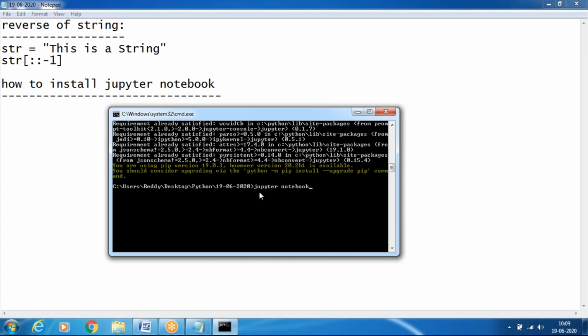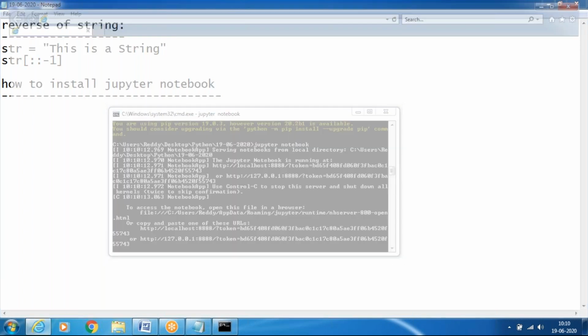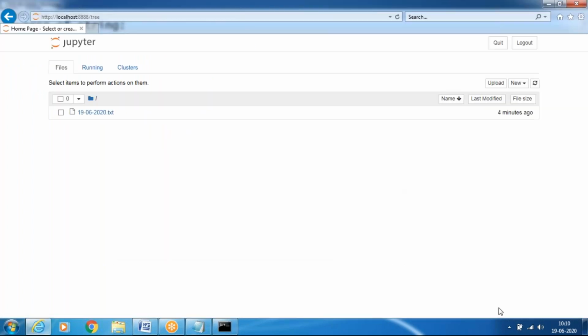Then you will open jupyter space notebook. Enter that. It will take a few minutes, and then it opens the Jupyter Notebook.